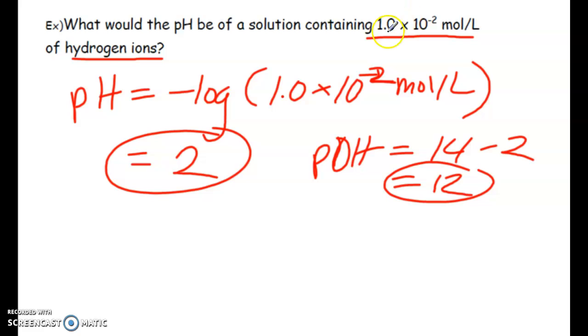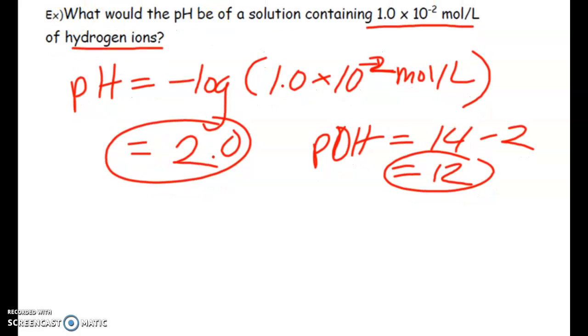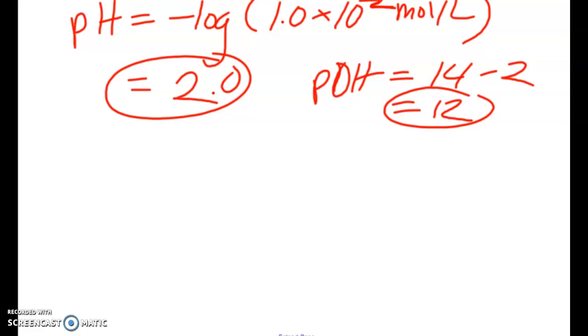All right. Now you do follow sig figs here. So for 1.0 times 10 to the negative 2, we would have to add a 0 on, but there's no unit for pH. Now, this is obviously very straightforward. How can this get more complex? Well, maybe you're told the actual